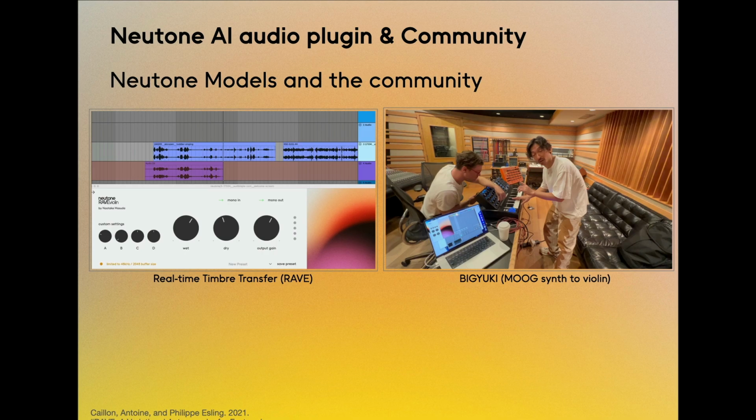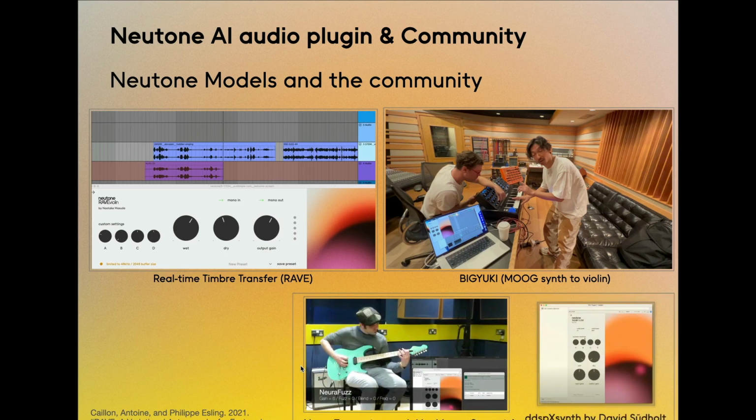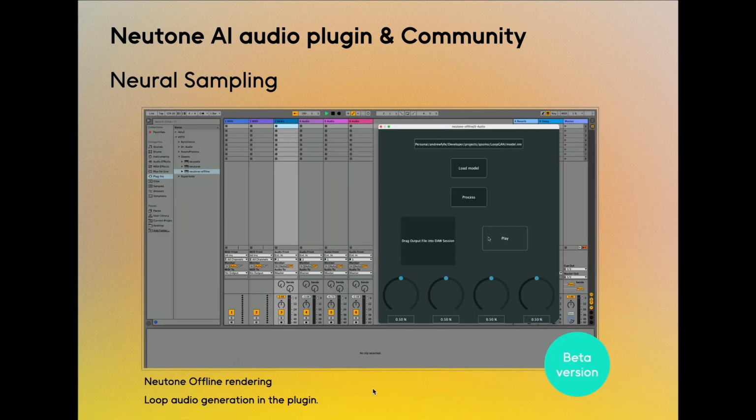again using Neutone. And as I said, we provide an SDK, so we now see new models coming out from our community. So yeah, we are so excited to work with the community, and so if you are interested, please join our Discord. And this is new,